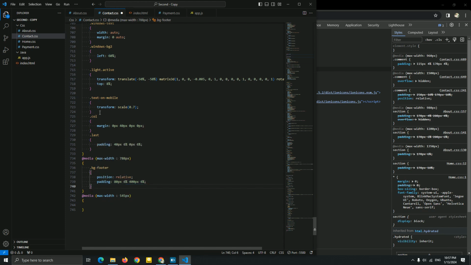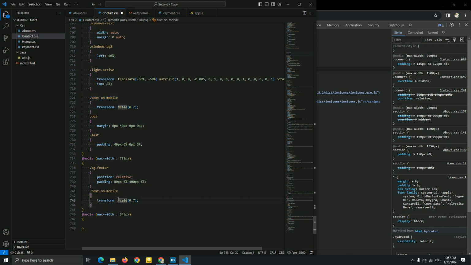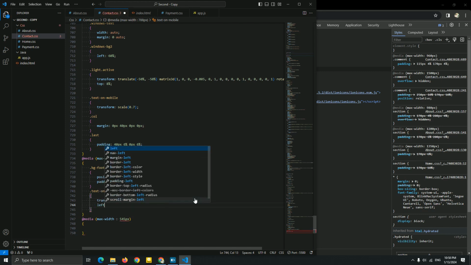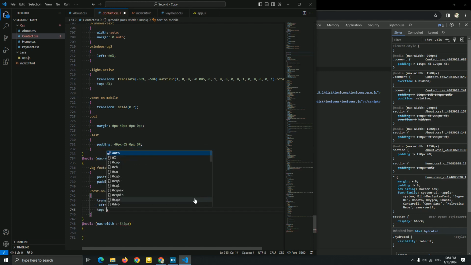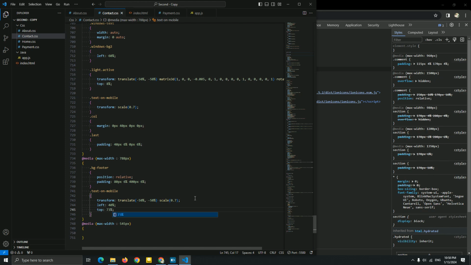So let me add a text on mobile to decrease it again, and I'm gonna add a translate to be a center. Translate minus 50% and minus 50% to become center. Now let me add the left and the top. 40% left and the top 73%.